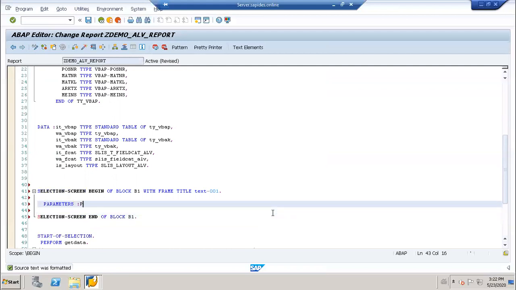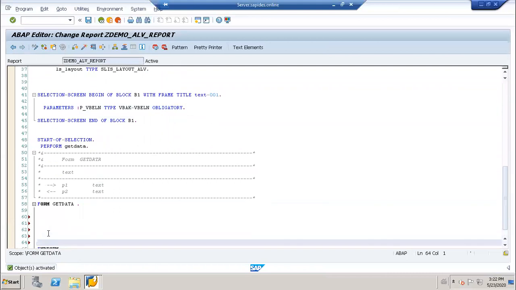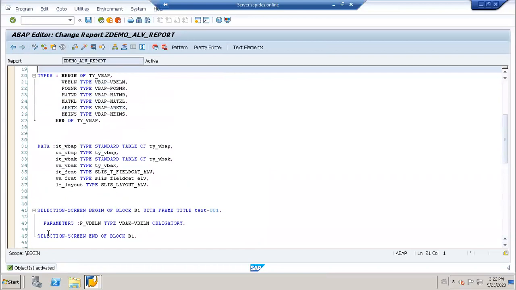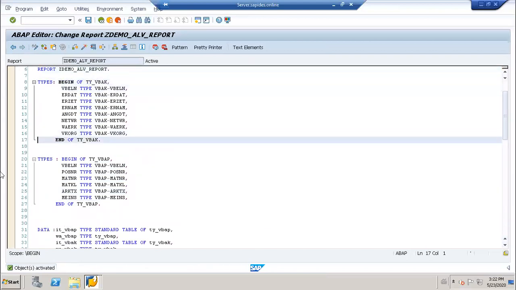I'll use simply a sales order number. So what I'll do, I will select all these data.